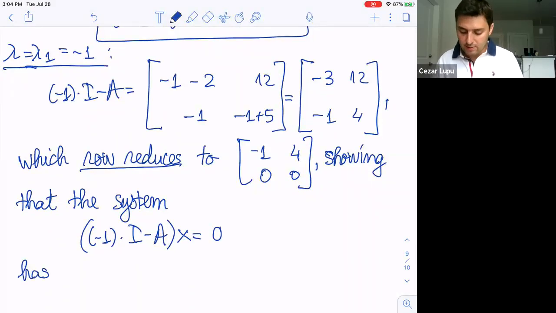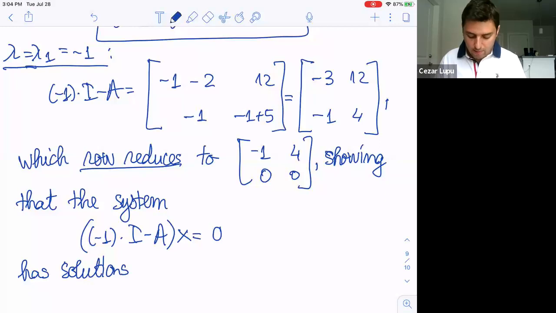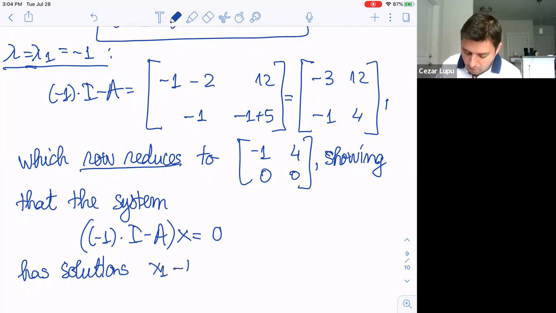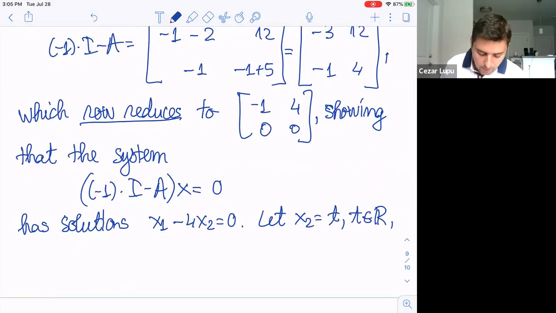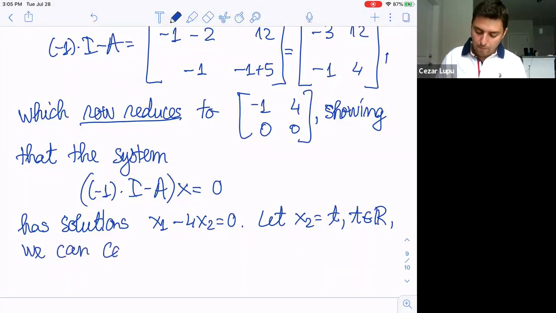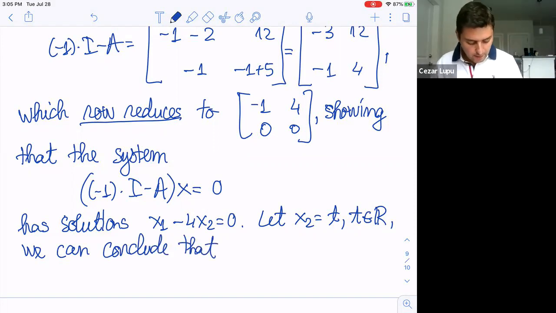And once you multiply this, so this x is x1, x2, it has infinitely many solutions. So it will give you x1 minus 4 x2 equals 0, right? And now let's say x2 is t, with t a real number. And once we can conclude that every eigenvector